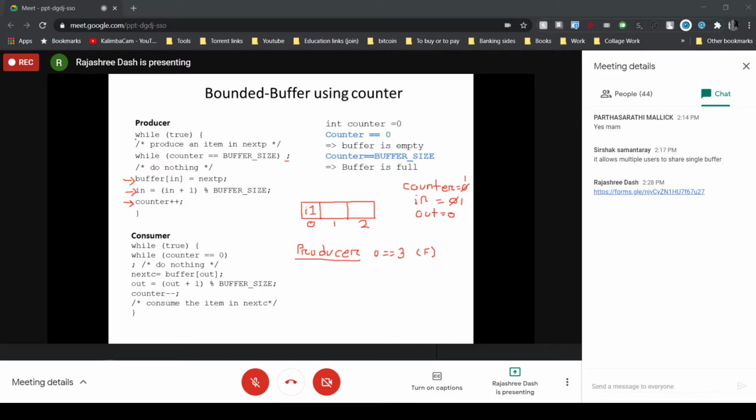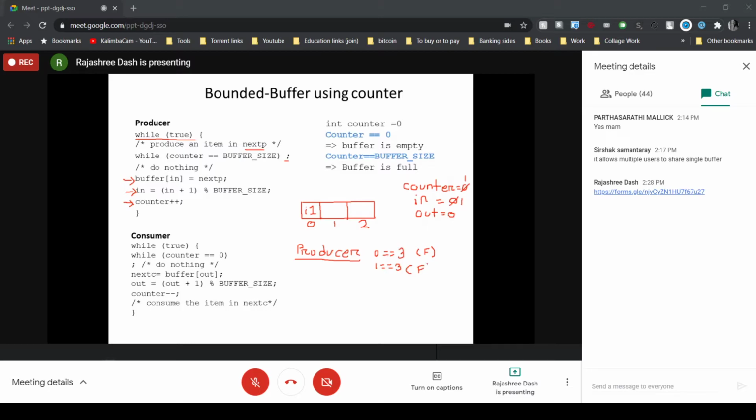After that, as this much code of the producer process is written inside the while true loop, it is repeatedly going to do this task. So again the producer produces the next item. Let I2 be stored in its local variable, that is next P. After that, the producer again checks the while condition. So what condition is it going to check? Whether the counter value 1 is equal to the buffer size 3. Again it finds that the condition is false.